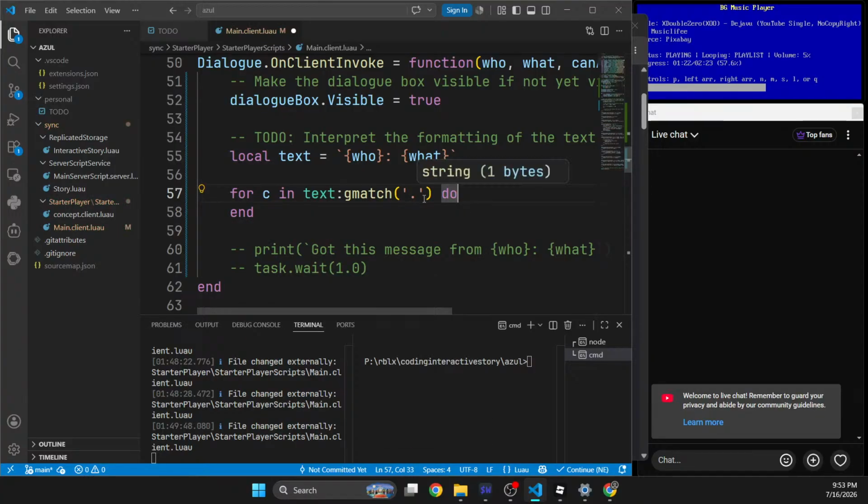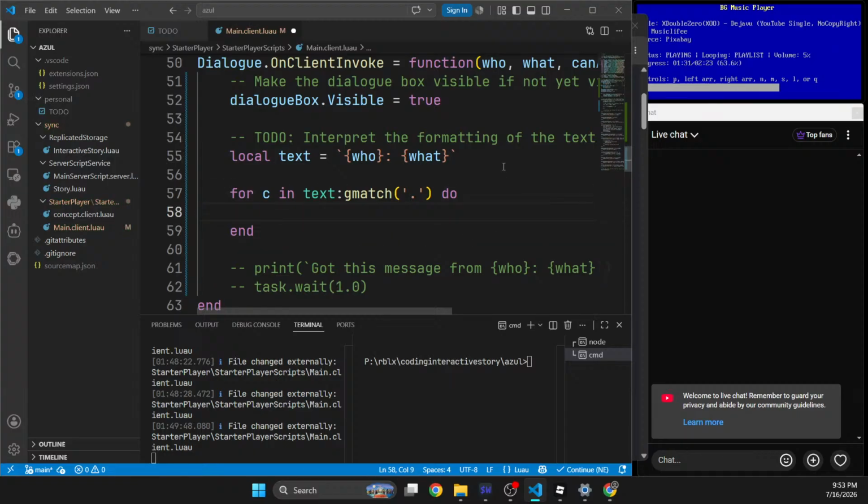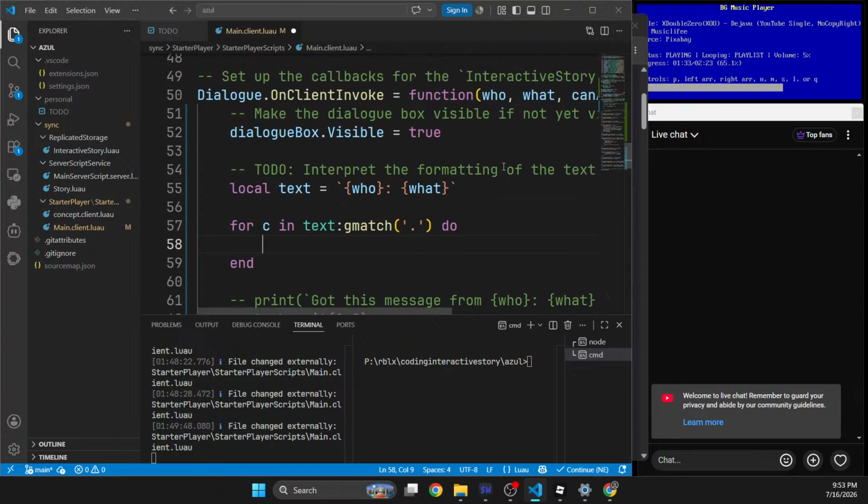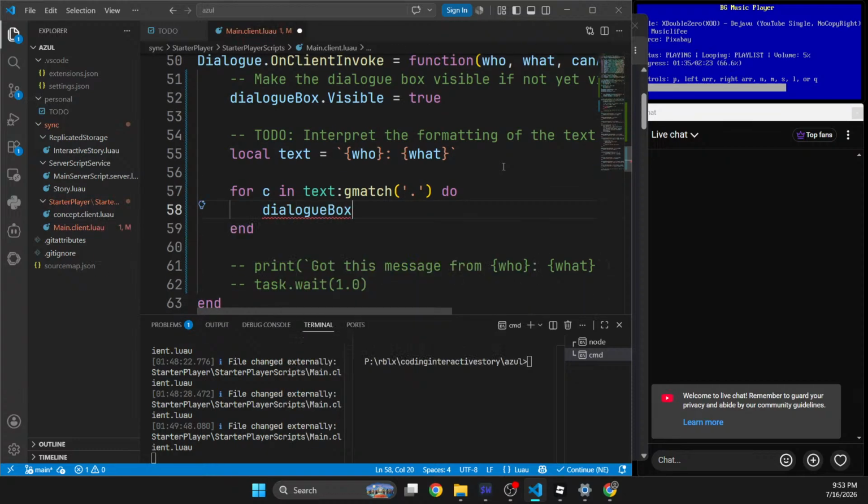No, dot. I think dot means any character, no? I think in regex that's what it means. Okay, whatever. I guess I'll do dialog box dot